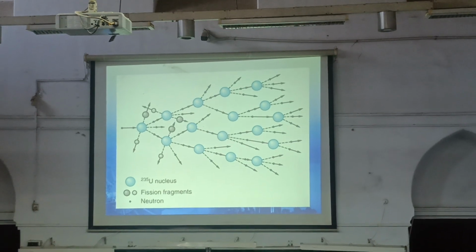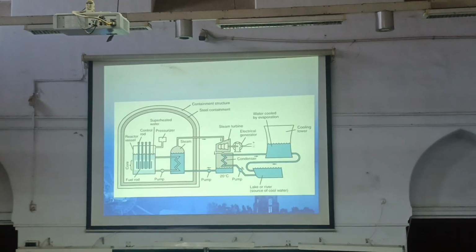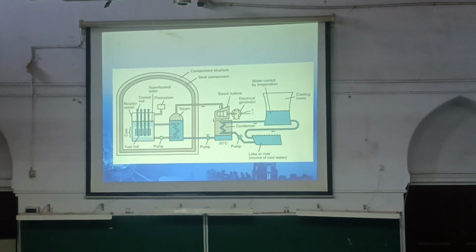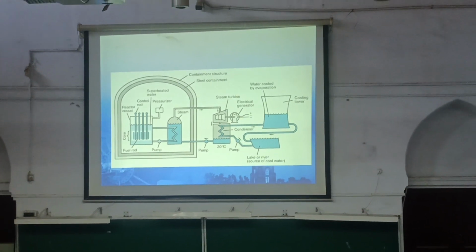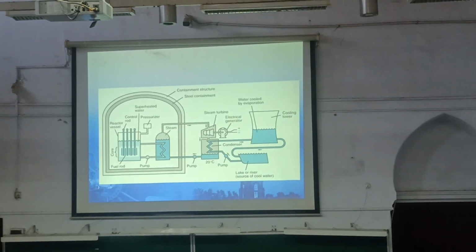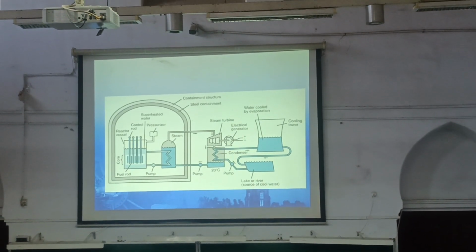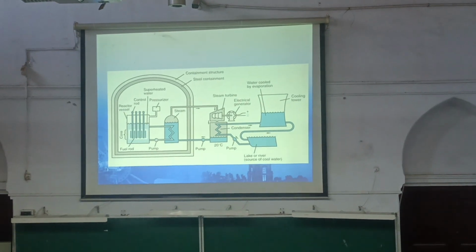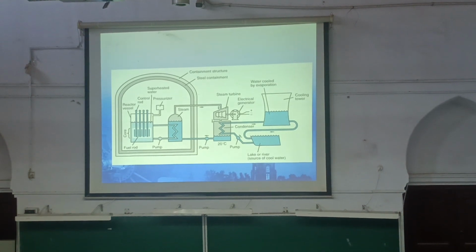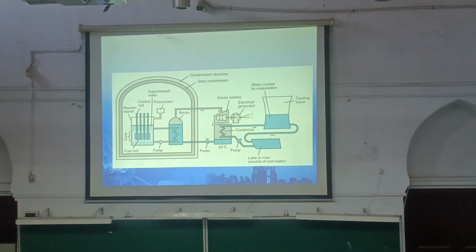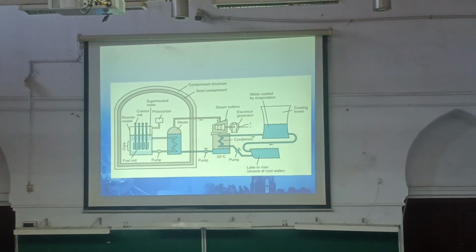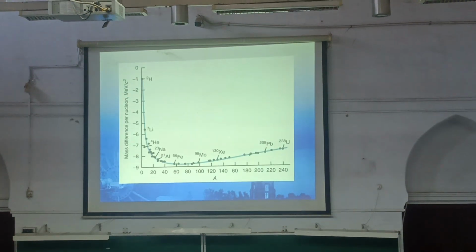And when you control it, you have a nuclear reactor. So this is a nuclear reactor. You have your uranium reactions happening. You don't want it to explode. What do you do? You put in these control rods. Control rods are typically made of cadmium because cadmium likes to eat neutrons for breakfast, lunch and dinner. So they typically just move these rods up and down, and that's how they control the reaction.